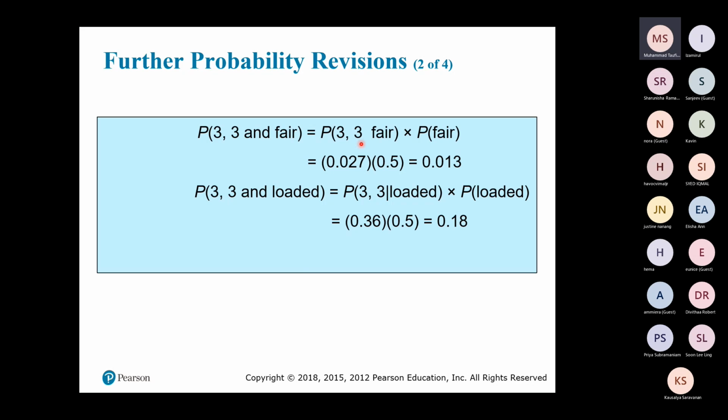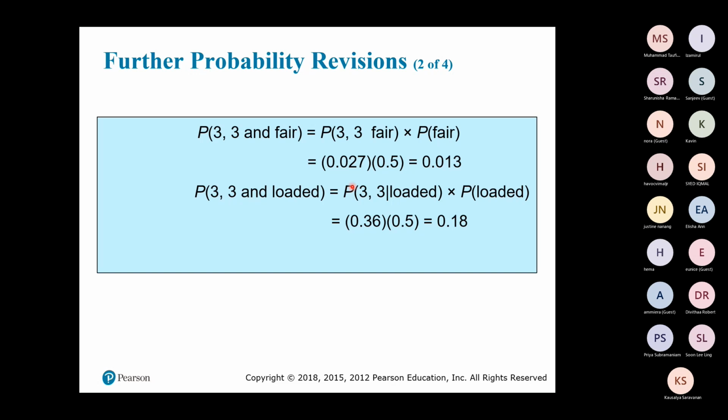Jadi peluang untuk kita dapat 2 kali nombor 3 bila kita buat 2 balingan adalah 0.027. Kemungkinan untuk kita pilih dadu yang normal daripada 2 dadu yang ada adalah 0.5. Jadi kita darab 0.5 darab dengan 0.027,